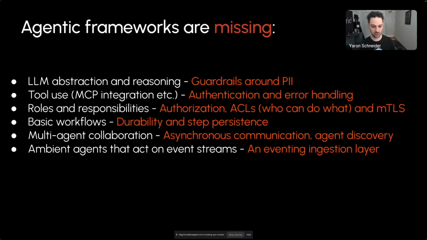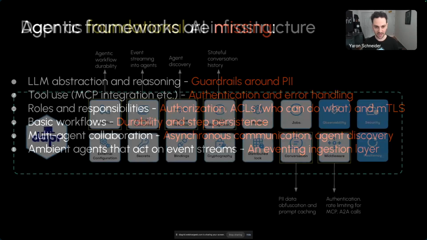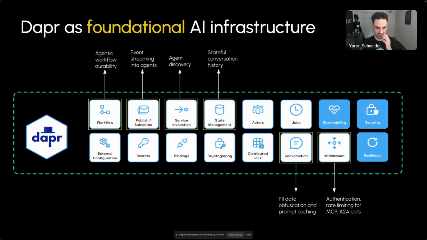And now if you want them to work based on event streams, you need to understand how to do event streaming properly with everything that comes with it: partitioning, consumer groups, at least once guarantees, cloud events, all of that good stuff. And this is really where Dapr comes in as what we see as a foundational piece of AI infrastructure, because AI agents are essentially distributed systems with non-deterministic capabilities, which are LLMs that are giving it the non-deterministic